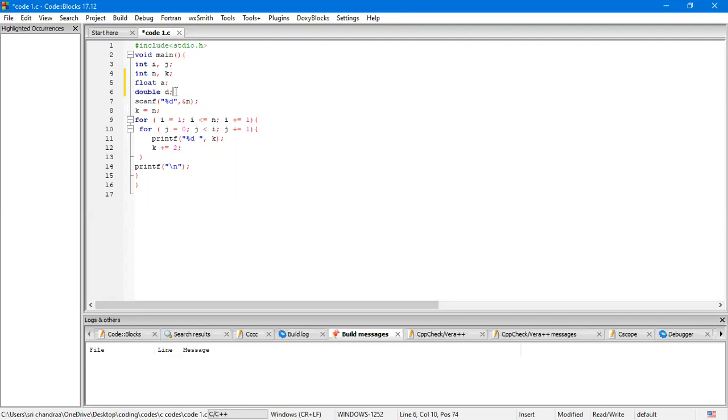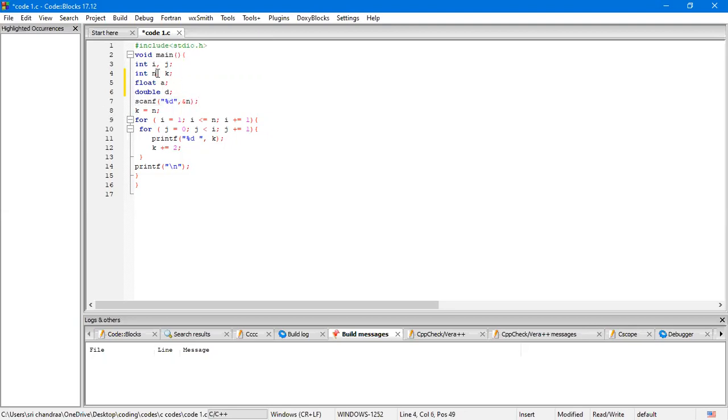When you go for other data types like char, character deals with single letters like A, B, C. Anything other than numericals is known as a character, and a collection of these characters is known as a string. So when you go across these variables, scanf is used to take input from the user. This makes it dynamic in nature.